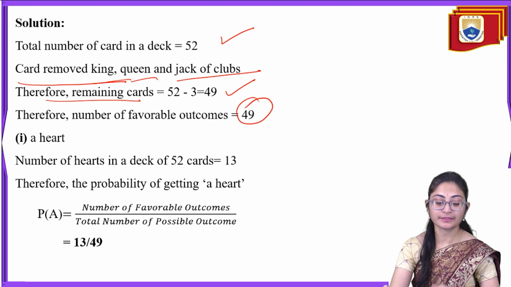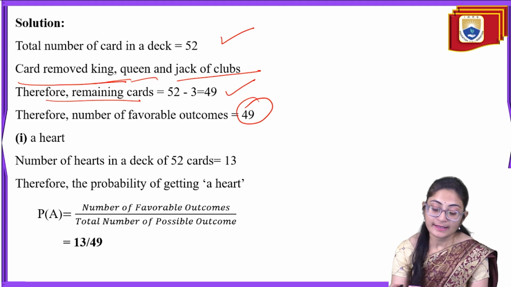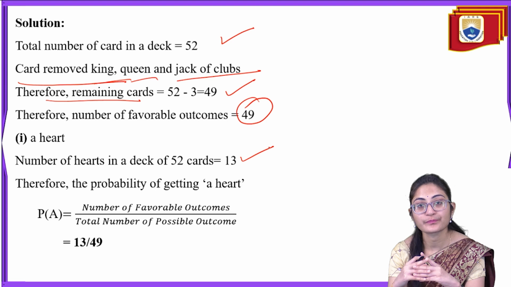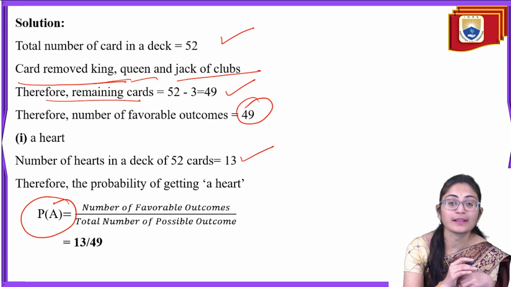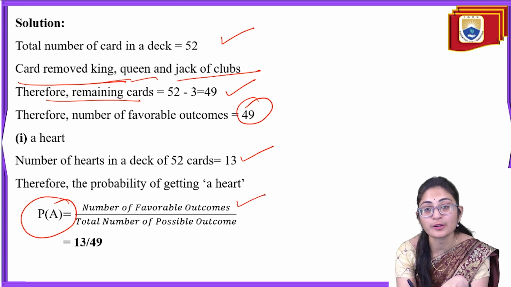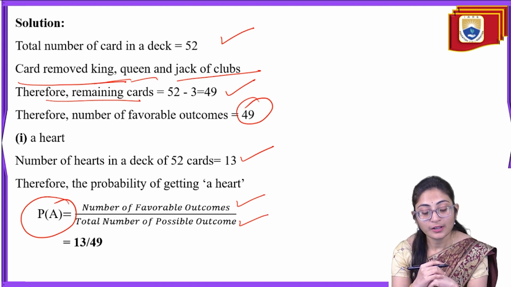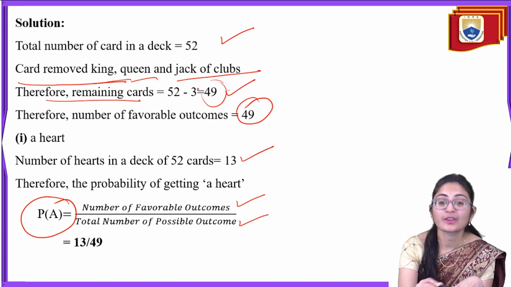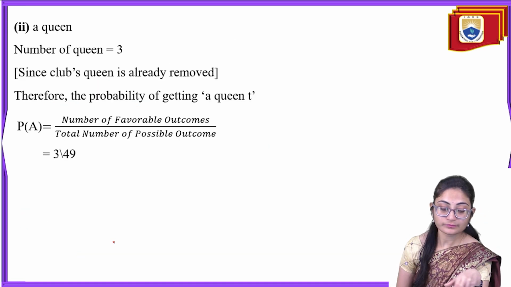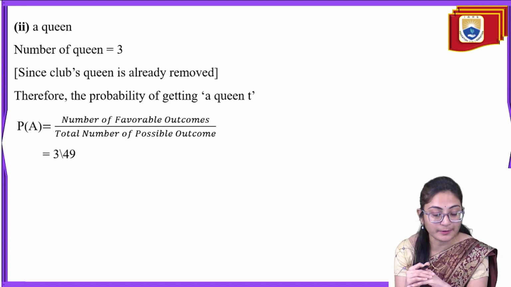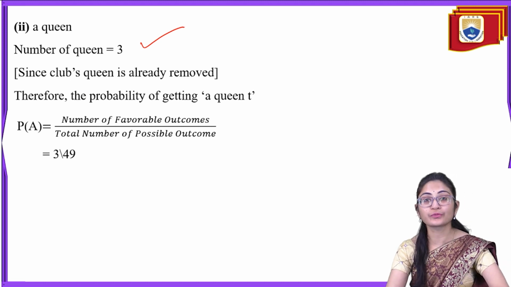Now first one is heart. Number of hearts in a deck of 52 cards, there are 13 cards. The probability of getting a heart, probability of A, is equal to number of favorable outcomes divided by total number of possible outcomes. We have total number of possible outcomes 49 and favorable outcomes are 13. Now next one is a queen. Since the club's queen is already removed,